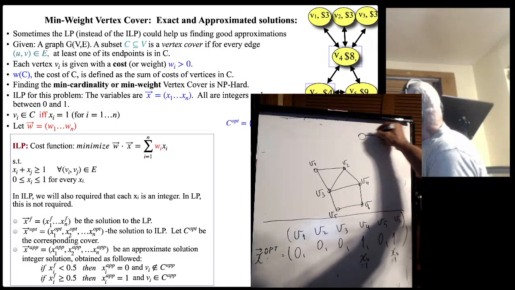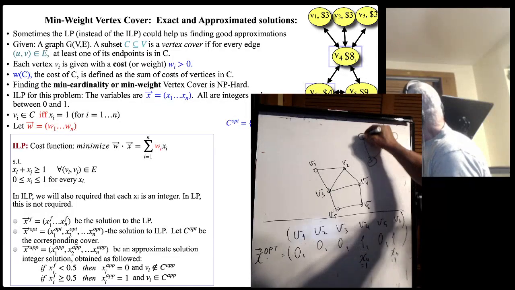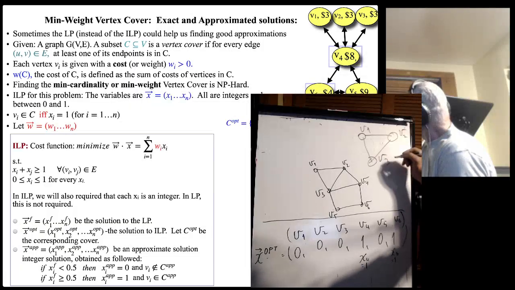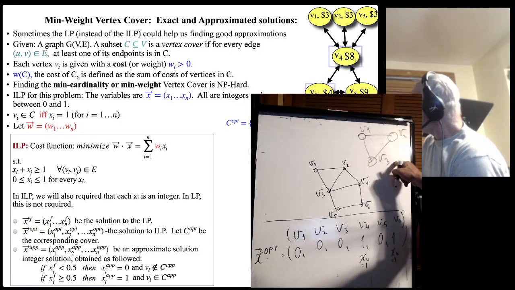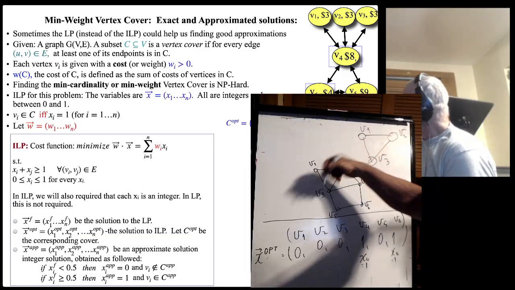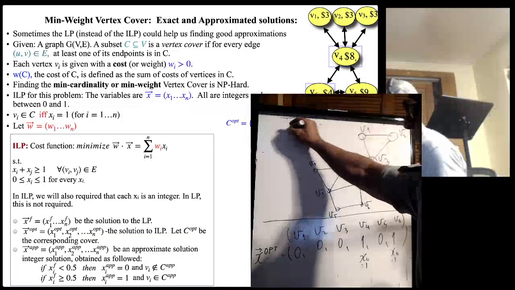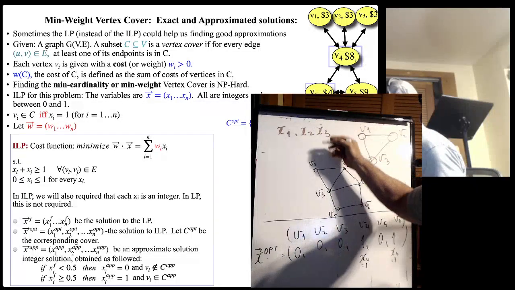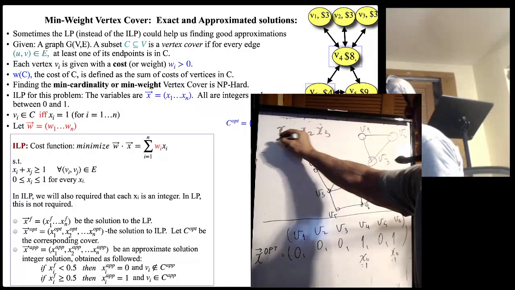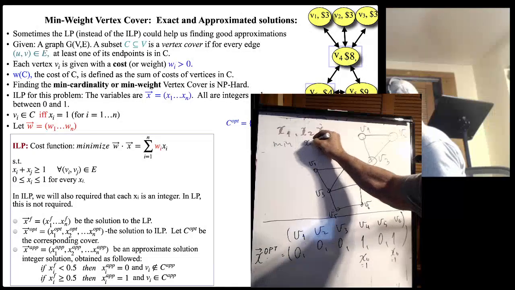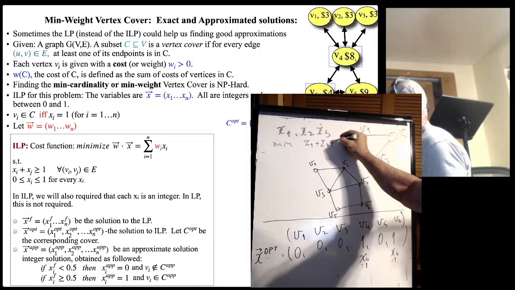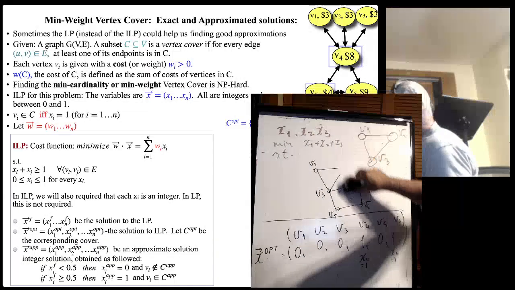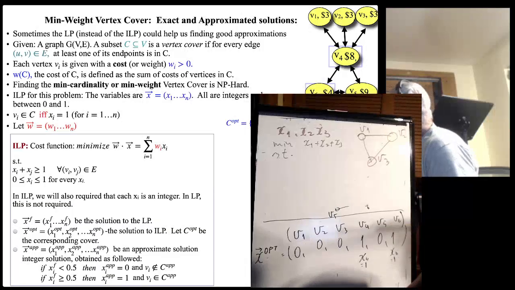Here is my graph, consisting of v1, v2, v3, and if I run the linear programming in this unweighted case, where the weight of every vertex is 1, I'll have 3 variables, x1, x2, and x3, and I'm trying to minimize x1 plus x2 plus x3 such that,